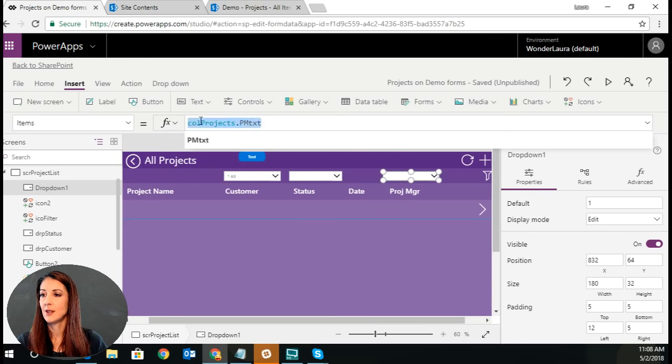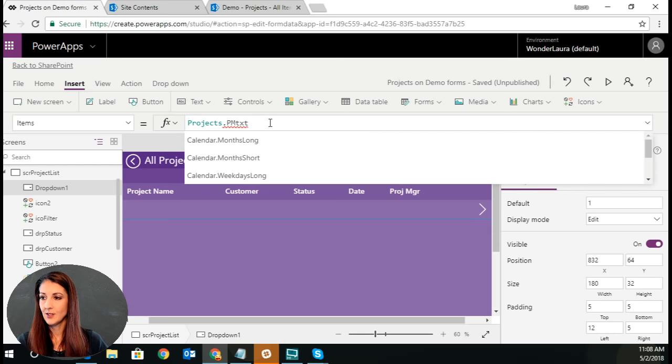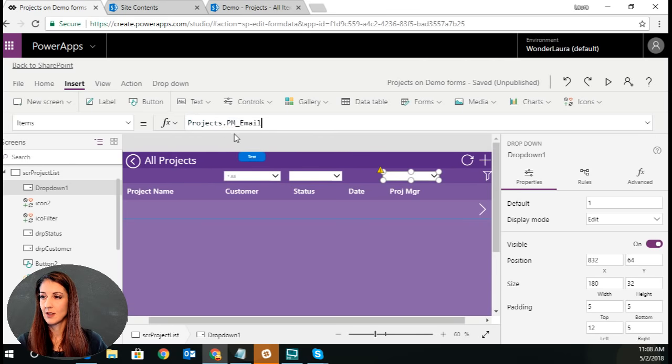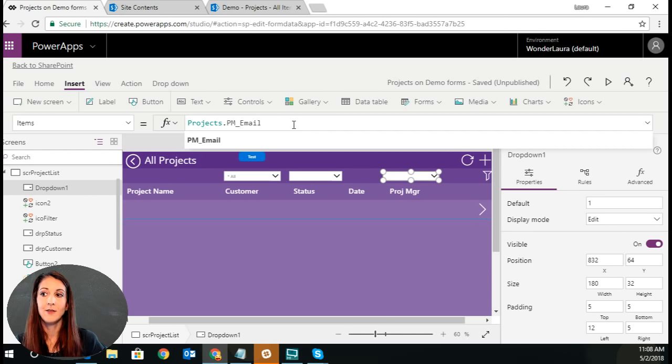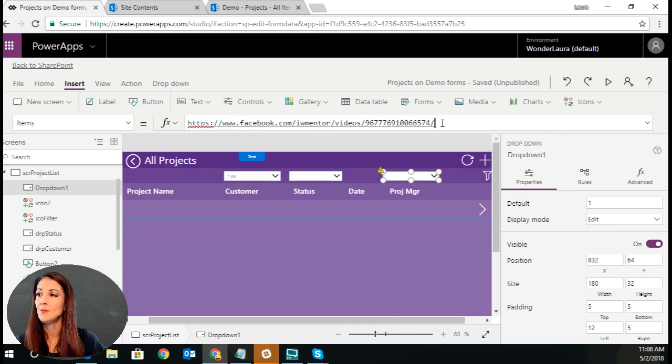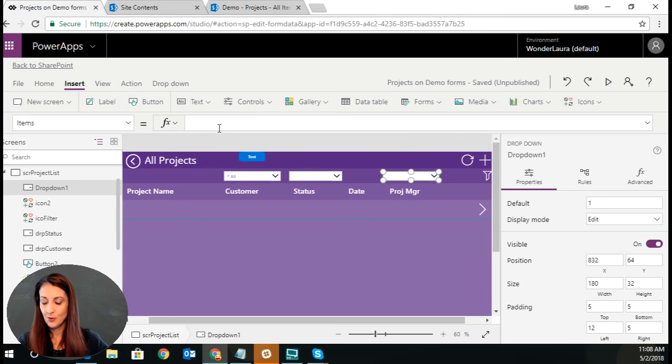Let me just type projects here. It's just my SharePoint projects. What I don't want is for it to show every single item in the entire list. I want it to only show me each project manager one time. So I want to do a distinct,